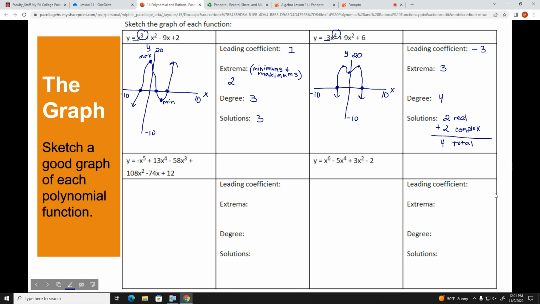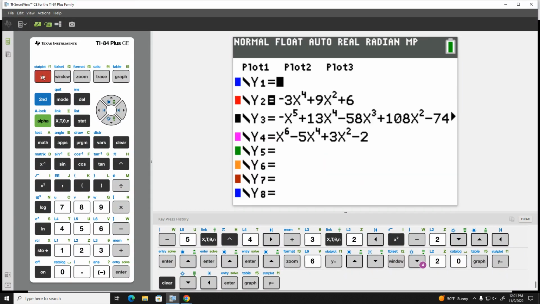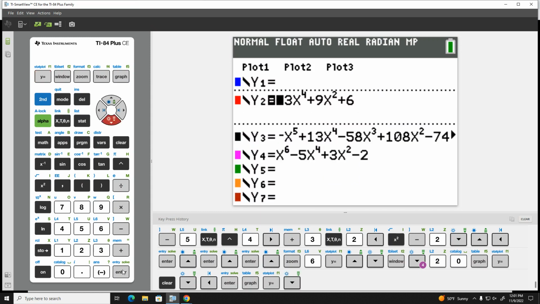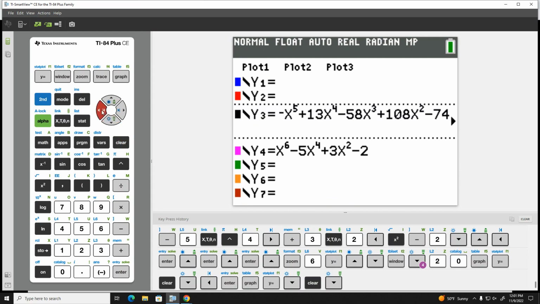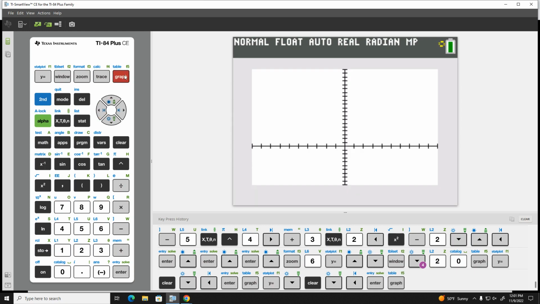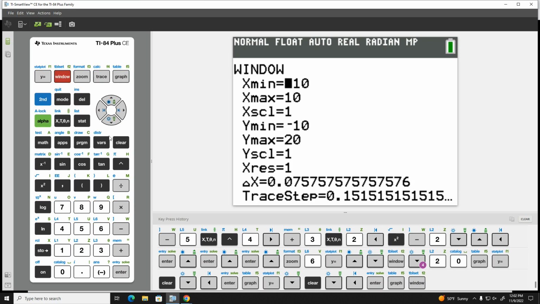So going to our third graph, we'll go back to our graphing calculator, to our y equals. We'll clear out this problem that we just did. And I previously typed this, and so I'm coming back here and turning it on. And so then I will hit graph from there, and my graph shows up, but my window is not ideal. So what I want to do from here is to change my window. And so I'm going to go into my window, and I am going to change it to go from -2